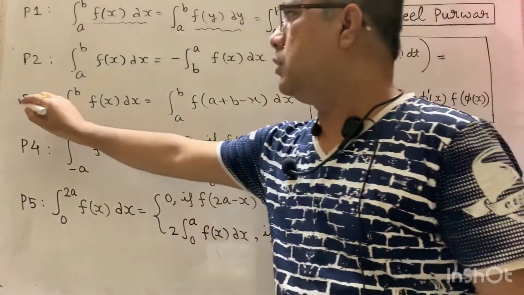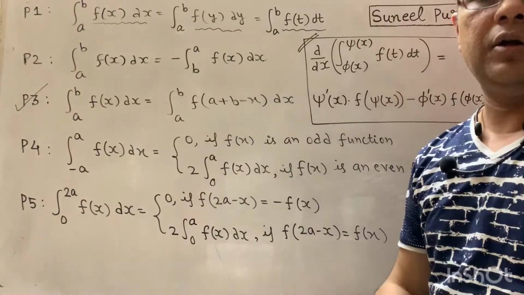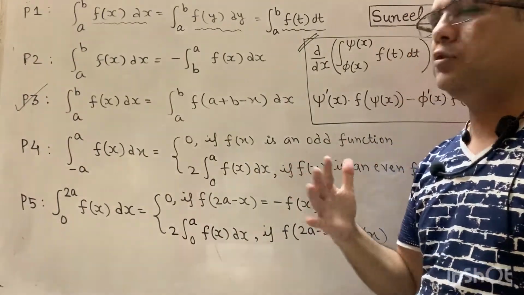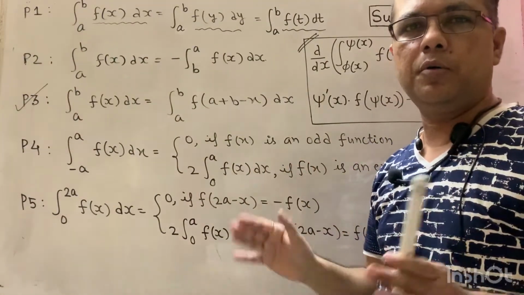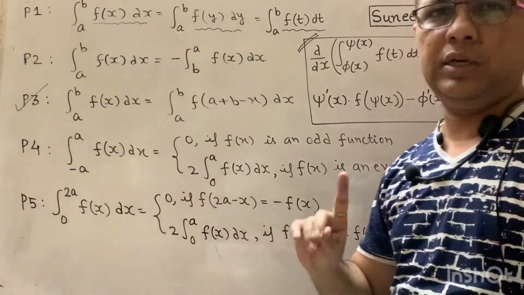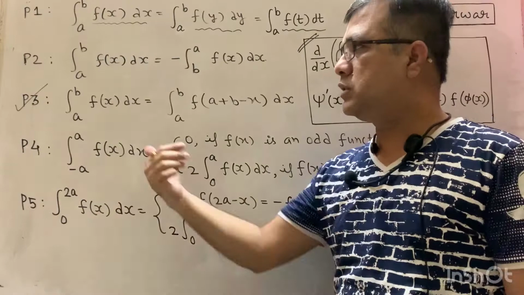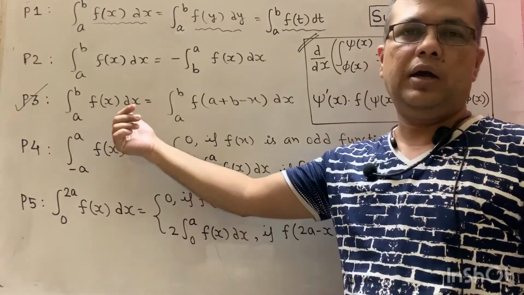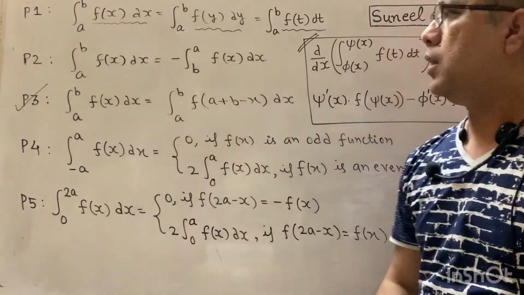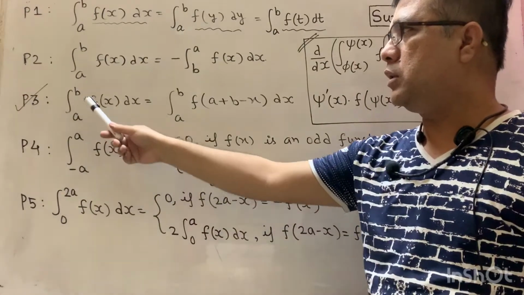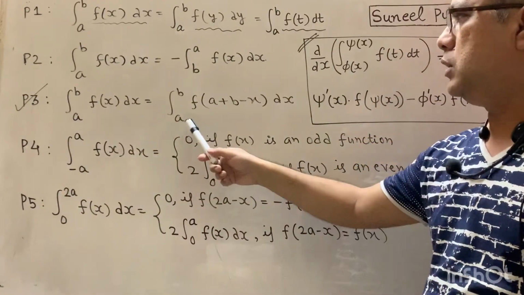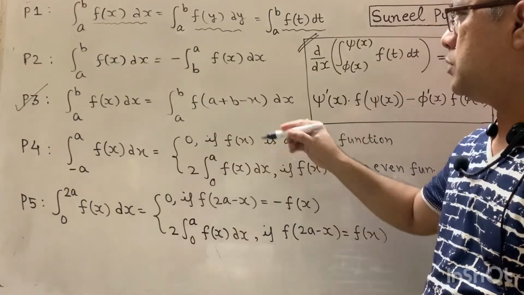Third property, this is the most powerful property of definite integrals and I usually refer this property as James Bond property for a quick reference, okay? James Bond property. So where no other property can work, this James Bond will save us, okay, and give us the answer comfortably. So what this property says, integral a to b f of x dx is equal to integral a to b f of a plus b minus x dx.